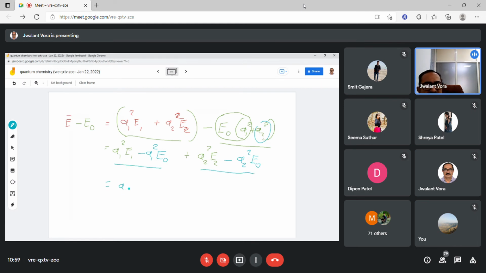This is the last step. A1 square into E1 minus E0 plus A2 square common, E2 minus E0. This is the last step. E bar is equal to